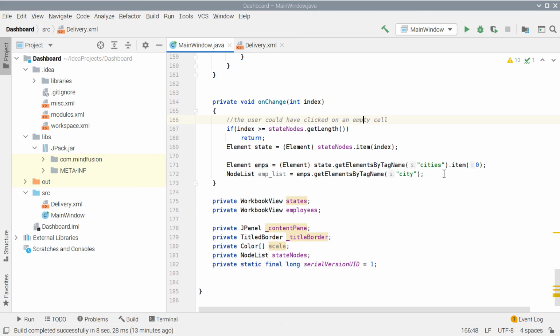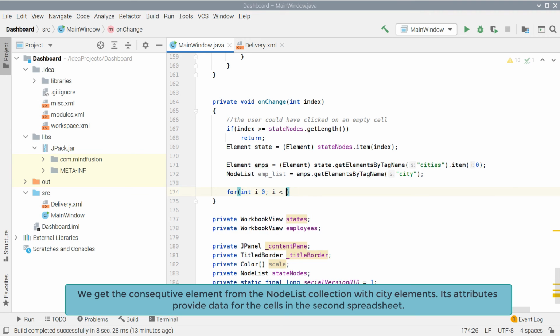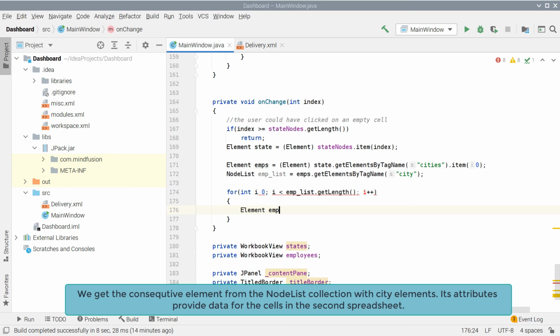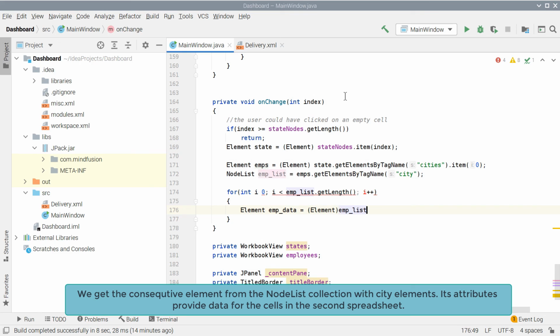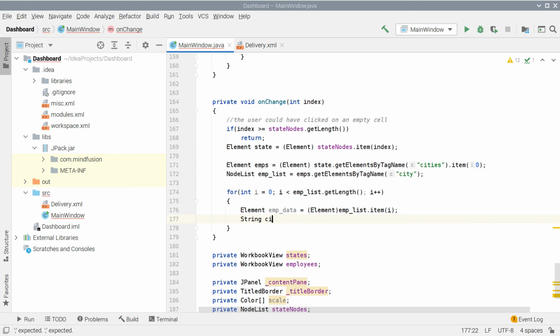We get the node list with city elements, and now we will cycle through them. We get the city name, which is the value of the name attribute in the city node.